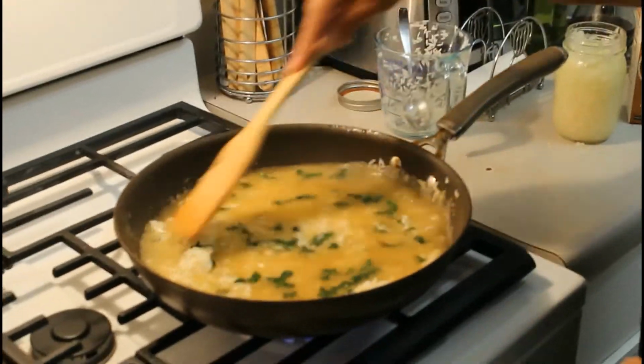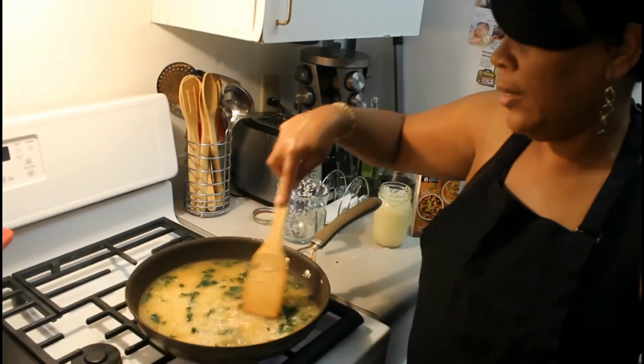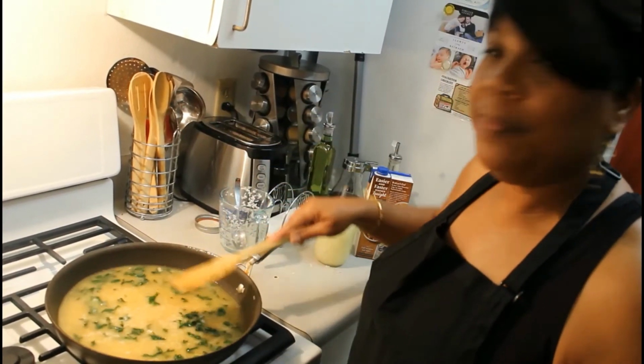Stir it around a little bit more. And now we're going to let it boil. And once it starts boiling, we're going to let it simmer and just cook as regular rice. Shouldn't take too long. Alright, now that the rice is done and we're still waiting to get the fish out